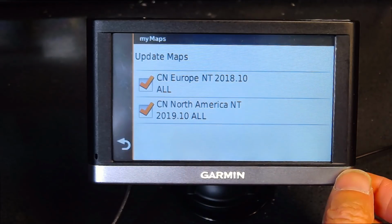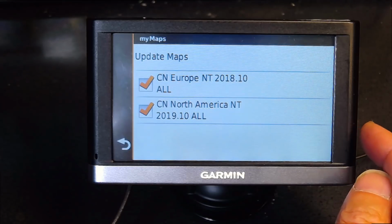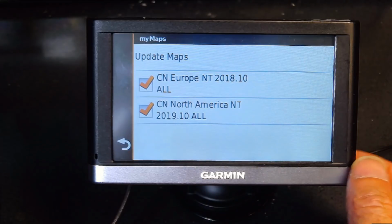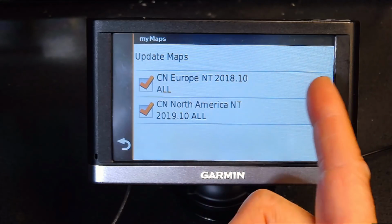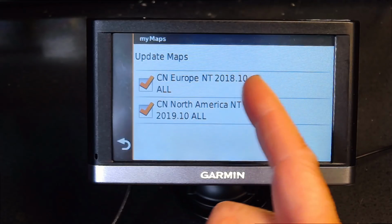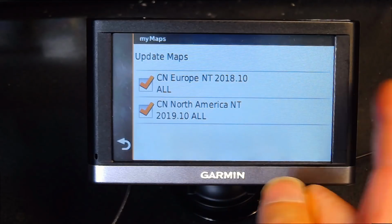Now this is a lifetime GPS. It qualifies for a lifetime update. It can get all the updates for North America. But European maps don't have lifetime updates. So this GPS is equipped with European maps because I travel to France and Germany often, so I had to